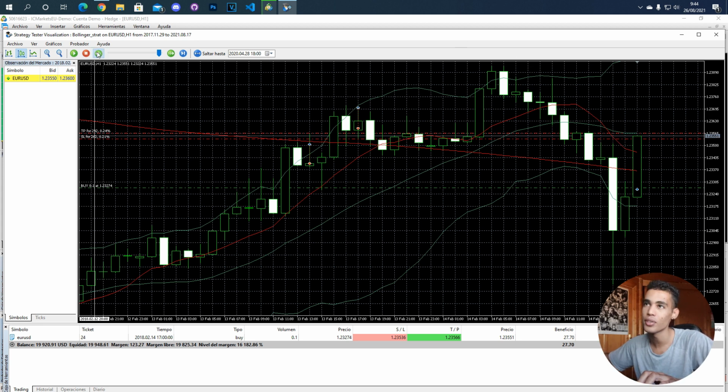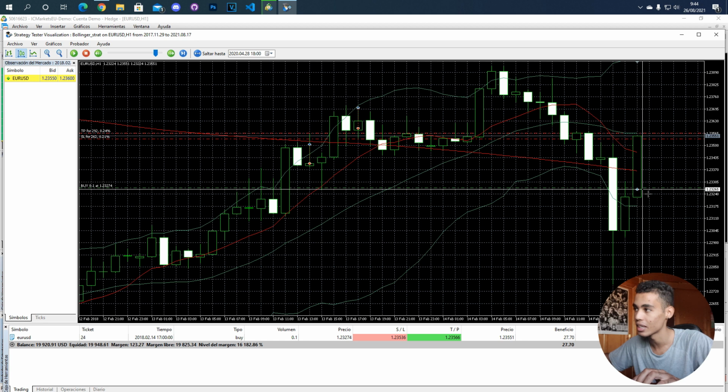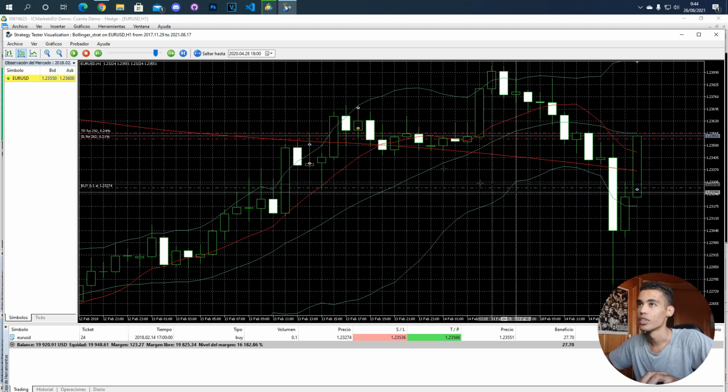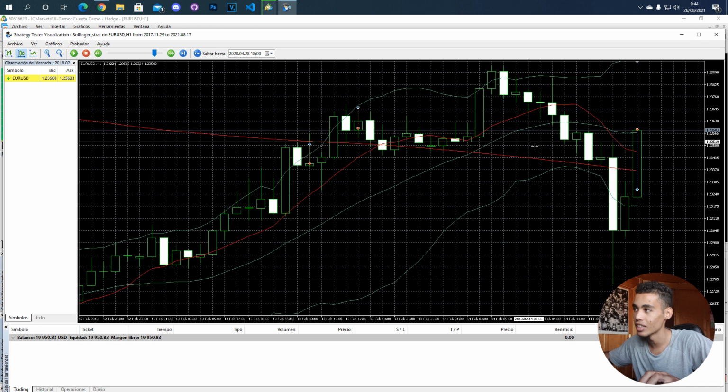And another thing you can see is that whenever the price changes, the trailing stop changes as well. So for example, this is a buy position, and whenever the price goes up, the trailing stop goes up. Yeah, the stop loss goes up. So you can see here, let's continue the simulation, that in this case it closed because it touched the